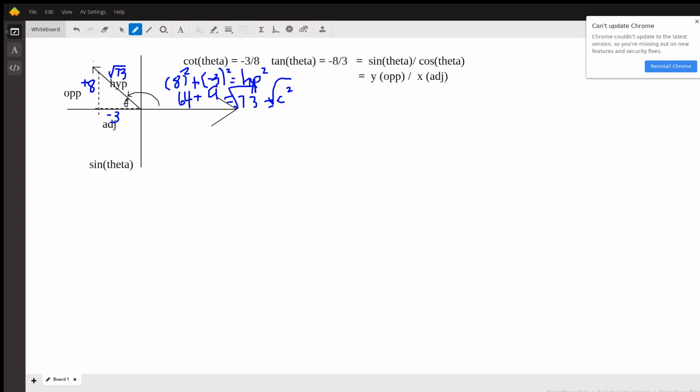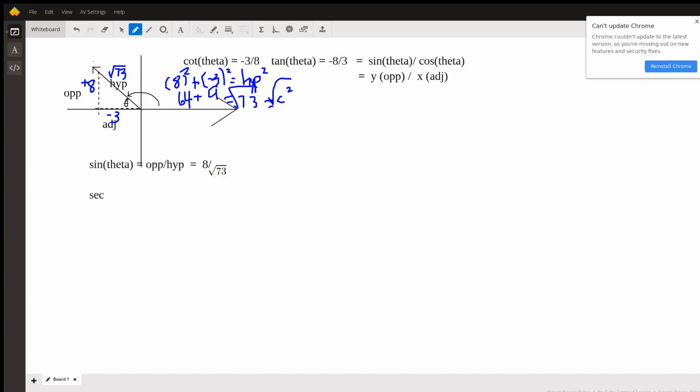sine of theta? Well, it's the opposite over the hypotenuse, which makes it 8 over the square root of 73. I don't know if I have a square root symbol or not. Oh, maybe I can. Let's see. Yes, look at that. There it is. So this is 8 divided by the square root of 73. That's the sine. And we also wanted to know